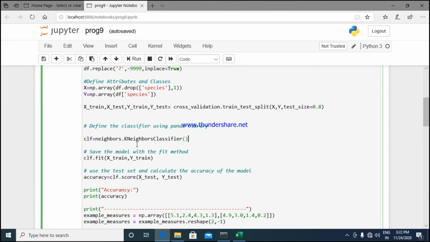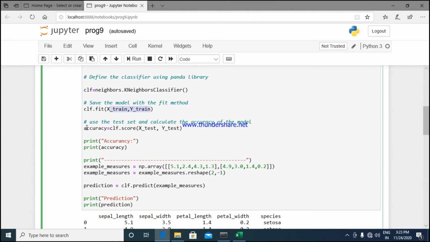I'll apply the k-nearest neighbor algorithm, which is an inbuilt function available in the neighbors module, the KNeighborsClassifier. I'll fit the data as x_train and y_train, that is 80:20.